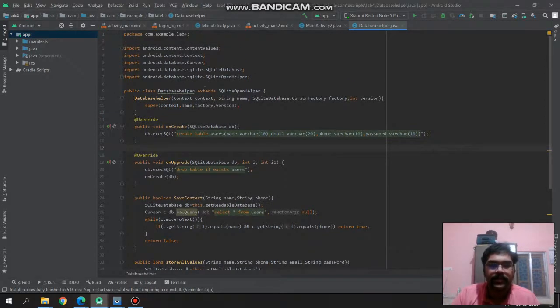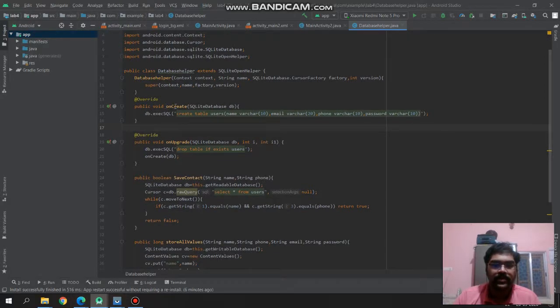Inside database helper, we are making a superclass constructor. We are extending SQLite open helper. Inside that, we are calling that as database helper constructor, and inside that we are calling a superclass constructor of the same.